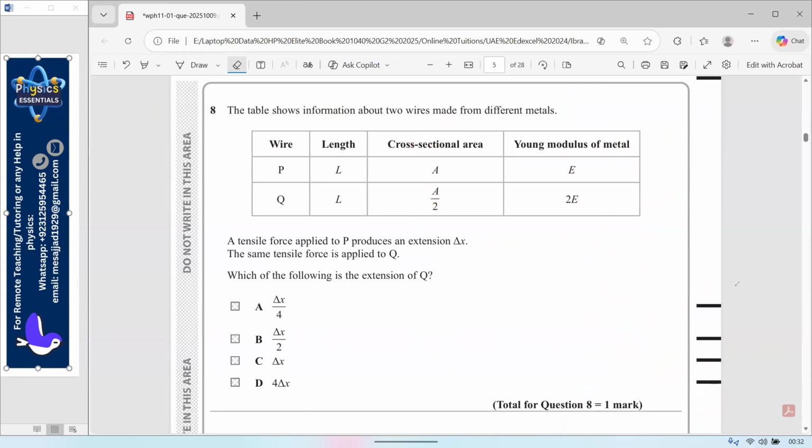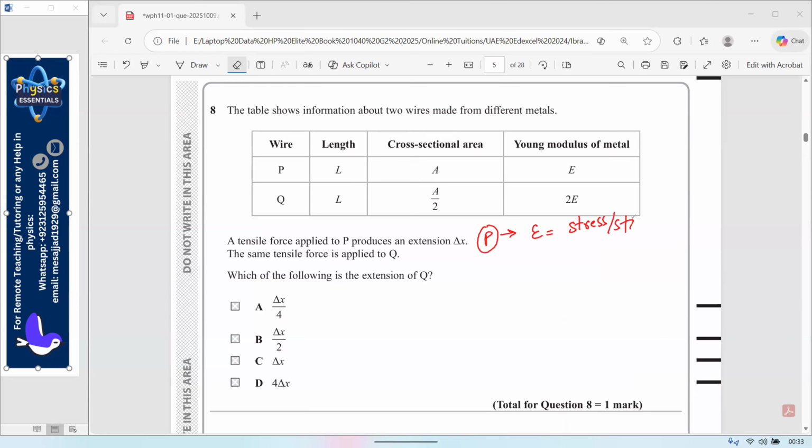The table shows information about two wires made from different metals. A tensile force applied to P produces an extension delta X. The same tensile force is applied to Q. Which of the following is the extension of Q? Since it is given Young modulus, first of all, we have to calculate the extension for wire P. We know that the Young modulus is actually equal to stress